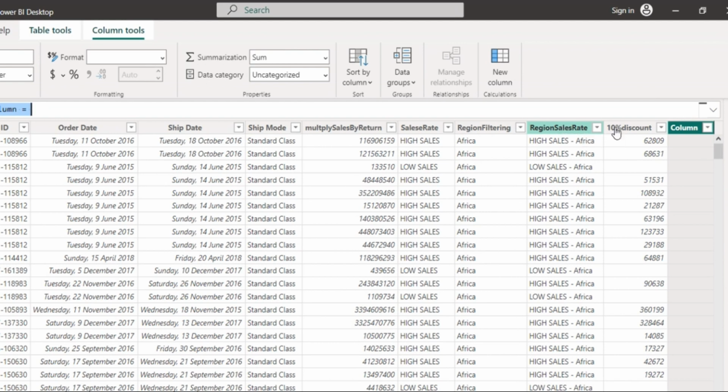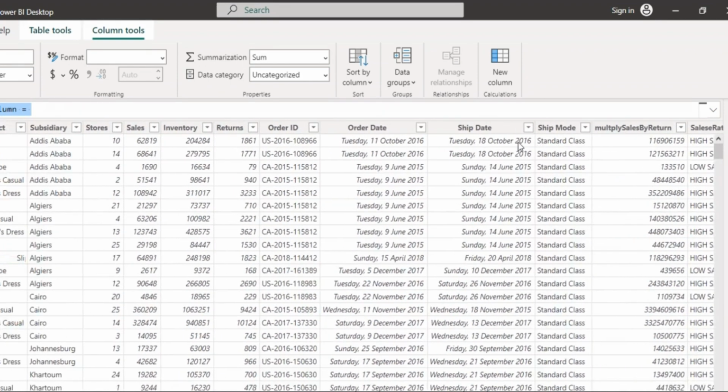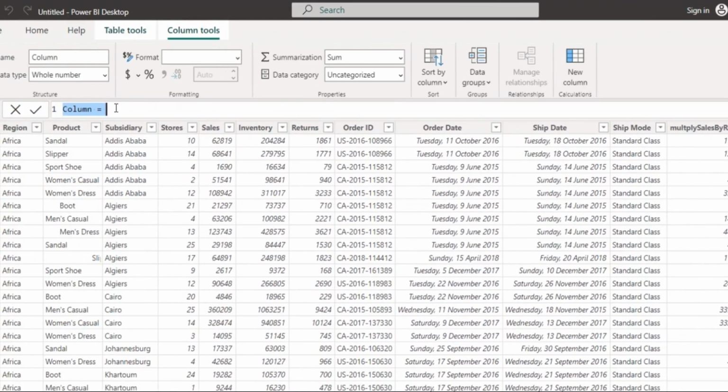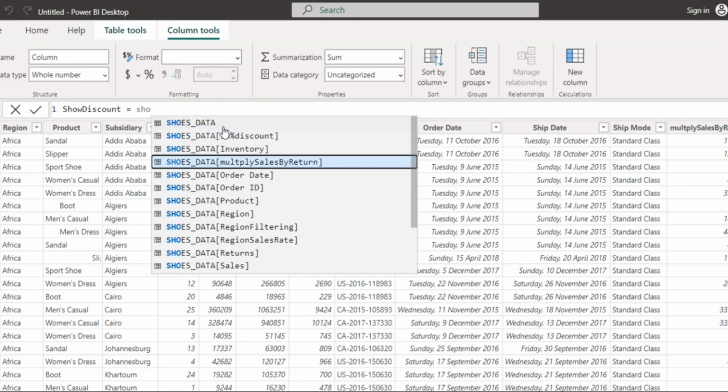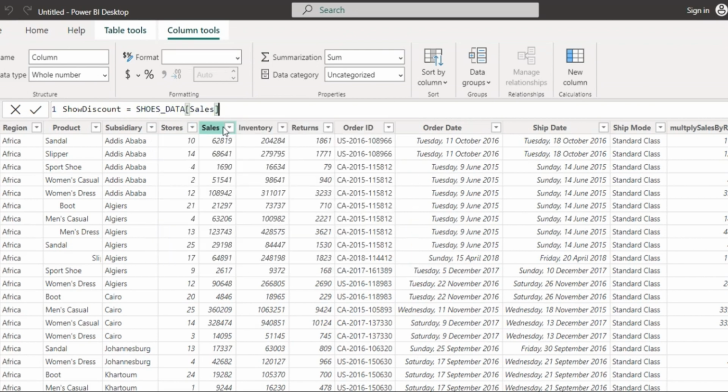So if we want to say which country or which region we are giving this discount, we can come and rename this column, let's call it show discount. All right, say equals to, we'll now use shoe data for sales, which is this,